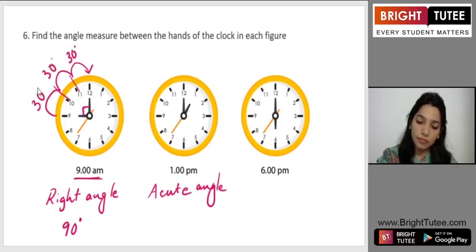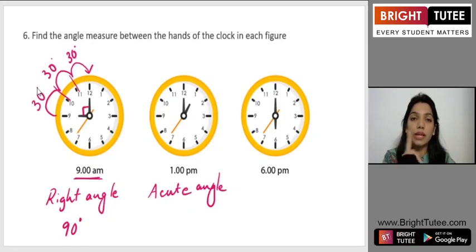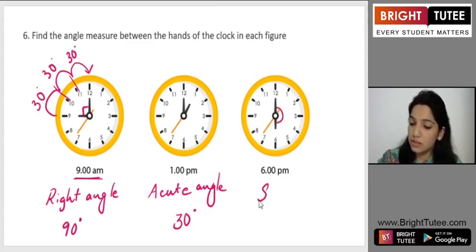Okay. So on a clock face, the angle that is formed between every adjacent pair of numbers, that is from 12 to 1, 1 to 2, 2 to 3, etc., measures 30 degrees. So here, if it's 1 p.m., the angle that is formed is 30 degrees. Now the next one is 6 p.m. Clearly it is a straight line, so it is a straight